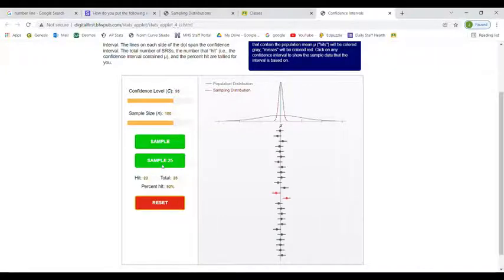So let's sample these. Now you can see I have 25. Again, the capture rate's not always going to agree exactly because we only did 25 samples, but you can see how much narrower they are. This does not affect the confidence interval's ability to capture the true mean. Indeed, it actually went up a little bit. It was 88%, now it's at 92%.